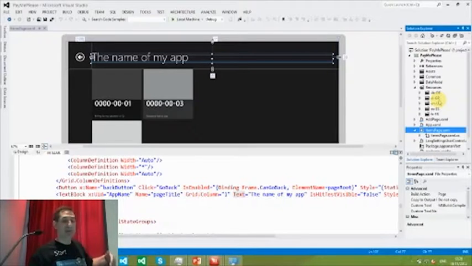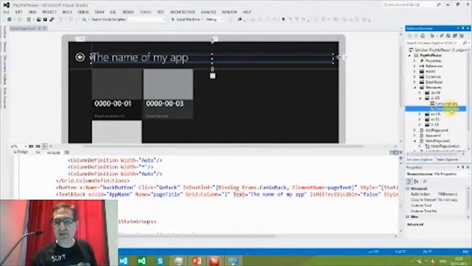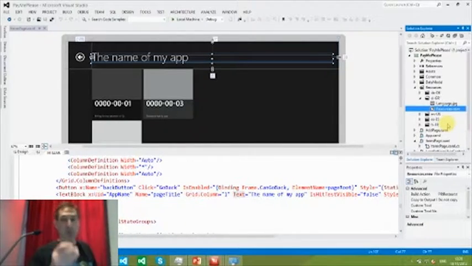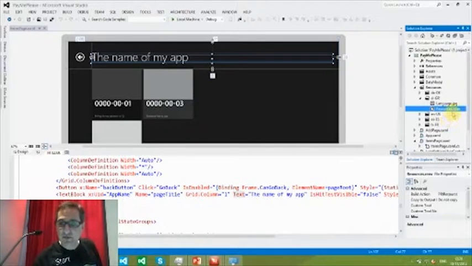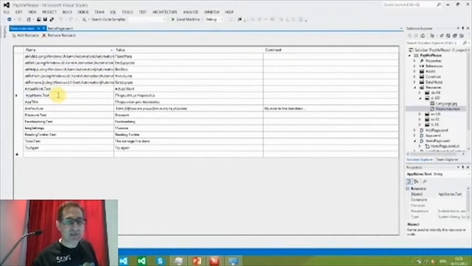You can see I have en-US, I have de-DE, which is German, I have French, and I have Greek. If I look at the Greek one, for instance, you'll see there's a resources.resw. It's a little different than the way it used to be. It used to be called resx. Resw is actually the same file format, but the way that the system handles it is quite different. If I open that, you'll see that I have my AppName.Text,